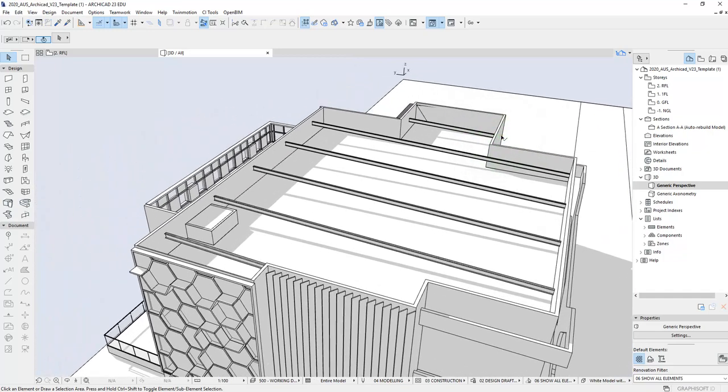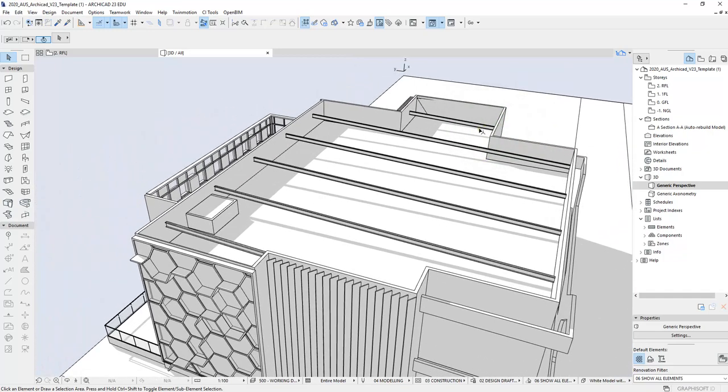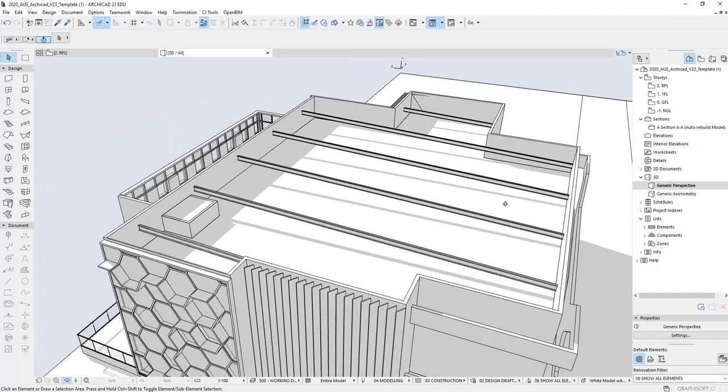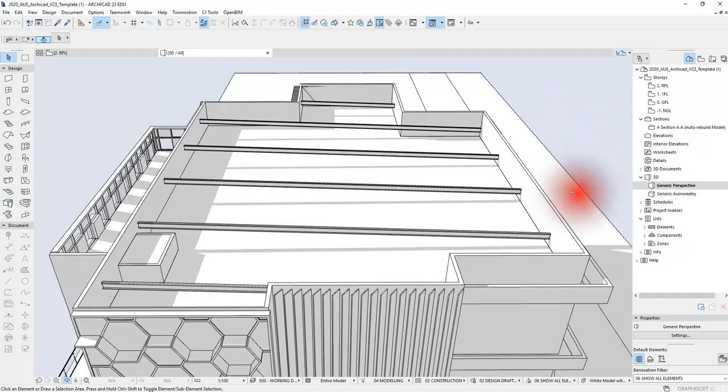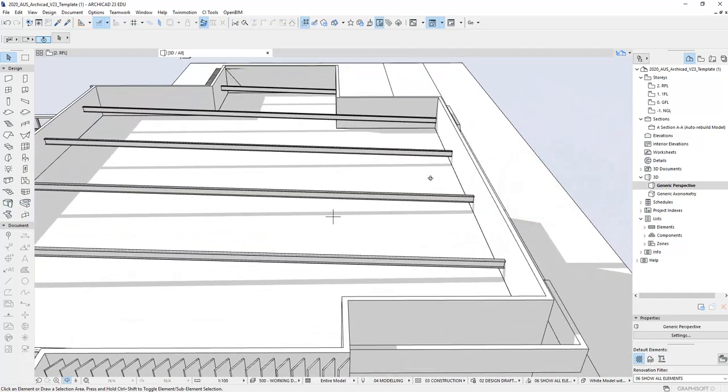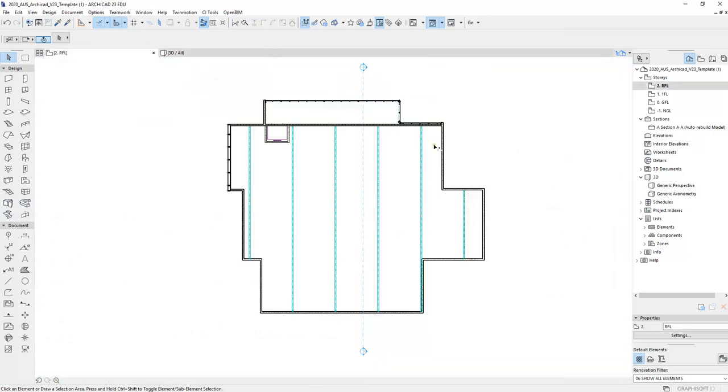So what I'm going to show you guys next is how to create your C channels on top of your universal beam, and also how to insert a box gutter, let's say somewhere over here at the lowest point of the roof. Now first things first, maybe I'll show you how to insert a gutter, and then we'll do the